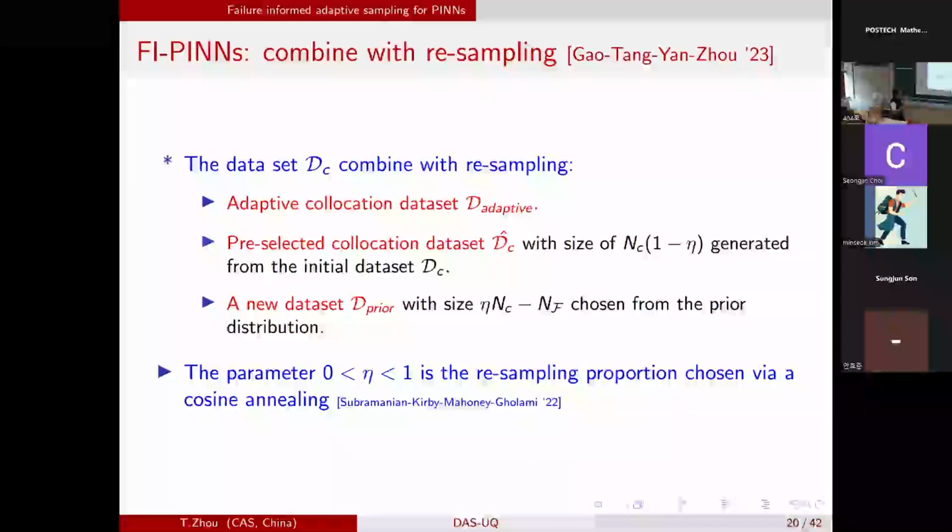You can use some resampling scales to control the ratio of these three parts and to generate the so-called adaptivity with a fixed number of training points. In this way, you can control the number of points. Suppose you use 2,000 points, you can control the ratio of these three parts. You begin with uniform points, eventually you will get not uniformly distributed points, but the number does not change. This is a similar idea as in the moving mesh method in finite element.